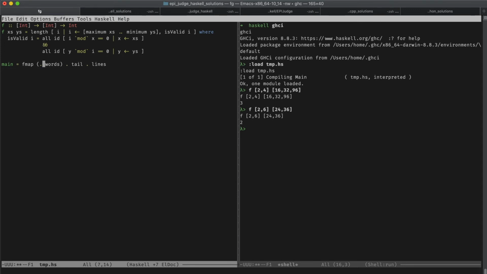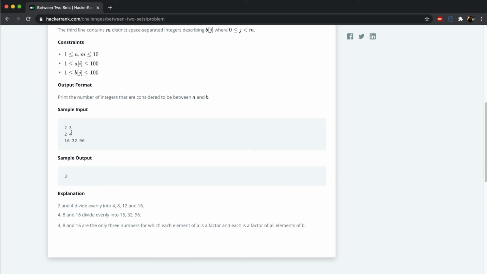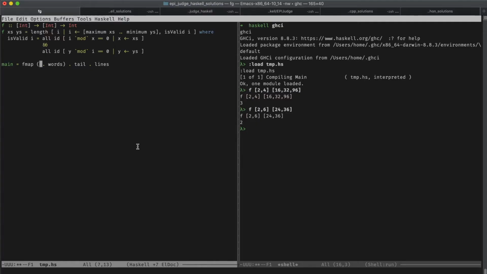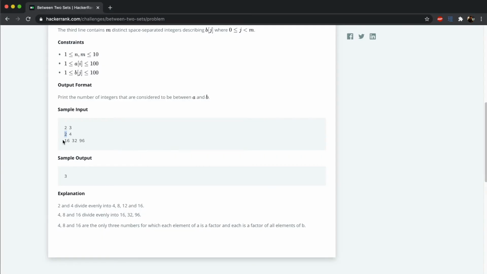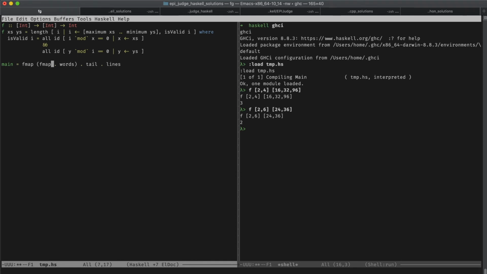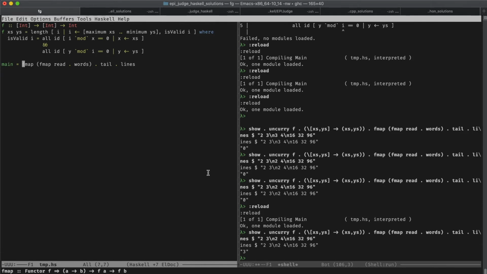and then I want to convert each word, right? So if I call words on this, I'm going to get a list of 2 numbers, 2 and 4, and then I want to convert each of those into Int. Right now they're strings, so to convert them I can use the read function, but I want to apply the read function to each element of the lines, so I'm going to have to do another map over here. So I apply read on each word. That's what's happening over here inside this bracket. Okay, so now we have